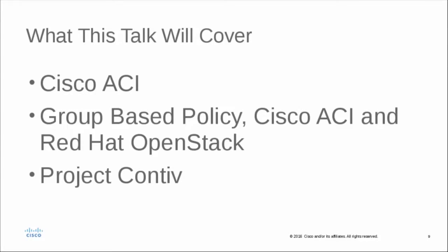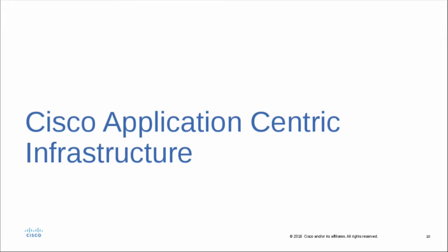So it's with this background that I'm going to preface my talk and introduce you to a couple different technologies that we're working on at Cisco, and also working on with the open source community. This will include Cisco ACI and some of the technologies we're bringing out of our business unit related to that. Group-based policy, which is an attempt to create policy in the community, and how we're working with Red Hat around that technology, as well as Project Contiv, which is a container-based solution that we're developing as part of an open source project to enable operational requirements in the network and in storage environments. Let me start by talking a little bit about Cisco ACI.